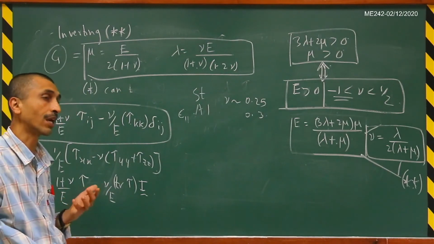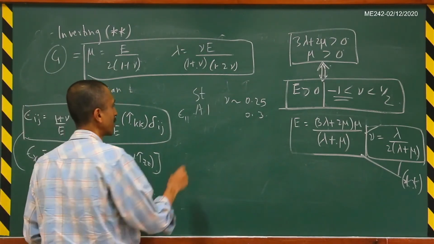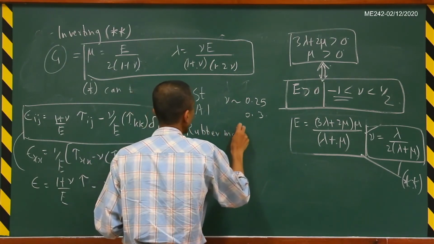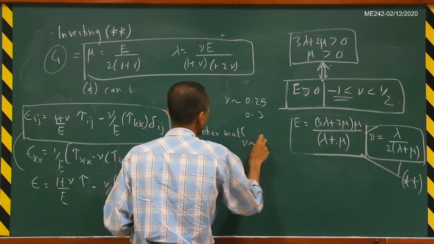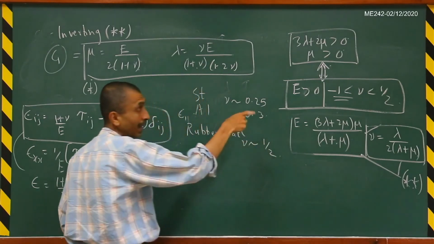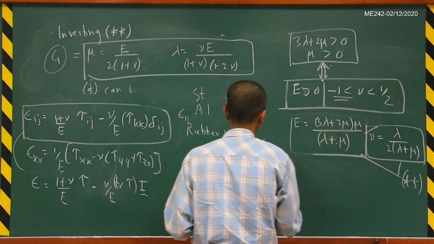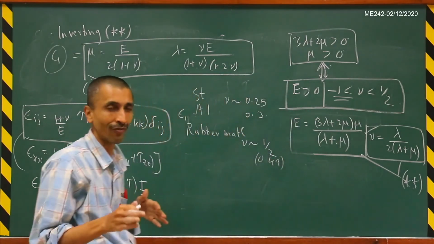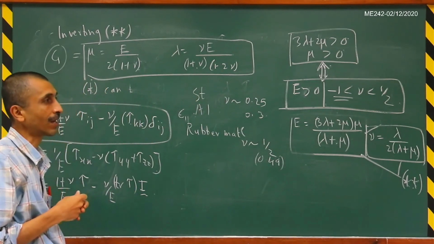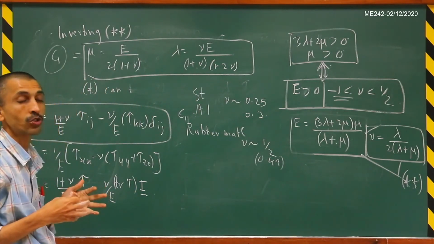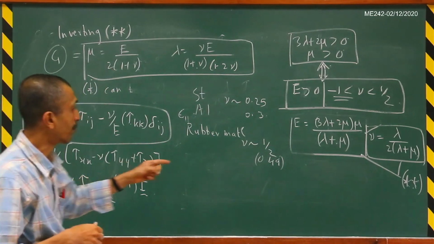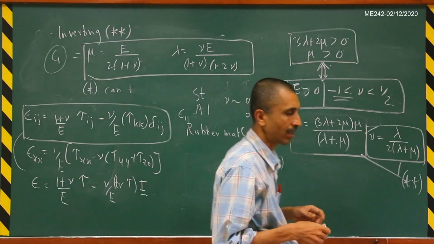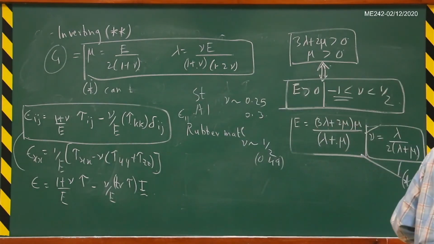Or if you take rubber type materials, the Poisson ratio nu is close to half. But less than half, of course, because it has to be less than half. So you can say like 0.49 or something like that, very close to half basically. So what happens is that rubber materials are almost close to being incompressible because the Poisson ratio is close to this half here. That actually is captured by the bulk modulus here.